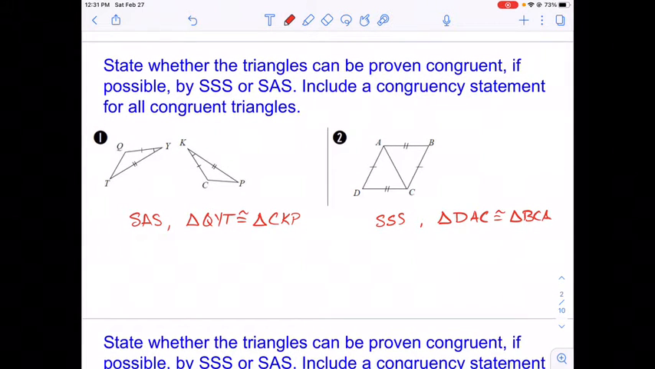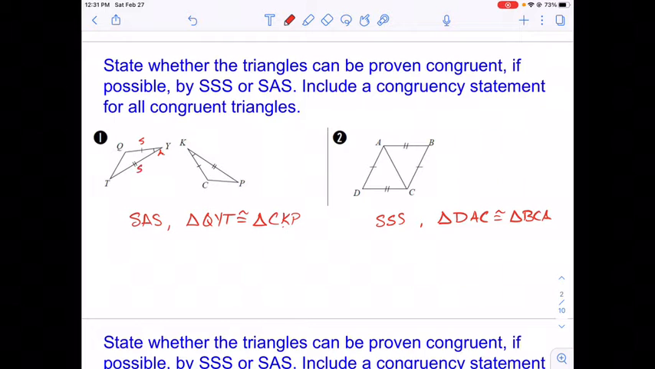State whether the triangles will be proven congruent, if possible, by side, side, side, or side angle side. Include a congruency statement for all congruent triangles. Your congruency statement may be different than mine, as long as the correct angles match up with the correct angles, or the letters match up with the correct letters, then you're good. So this one, you'll notice we have a side here, we have an angle here,